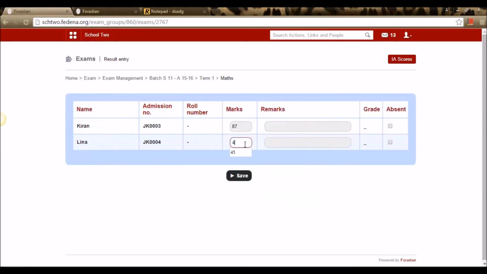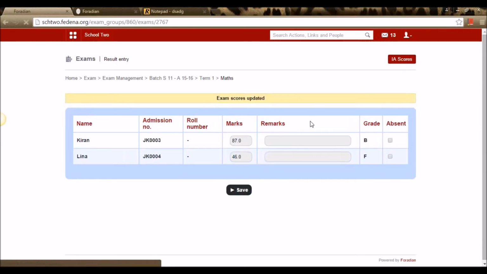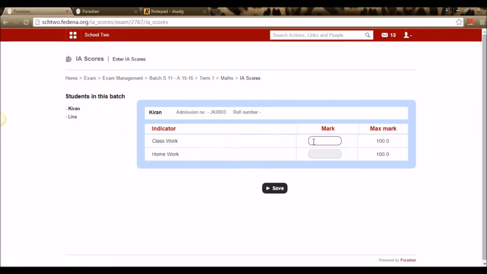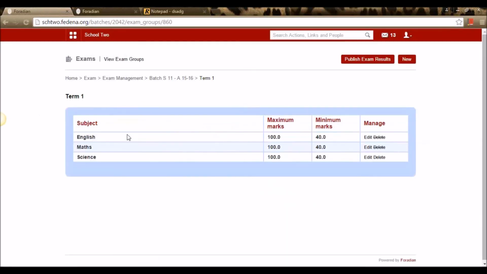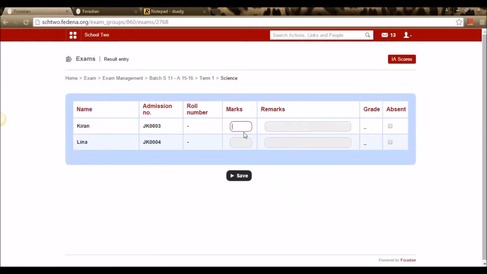Let me enter the scores for subject maths and save, and also enter the IA scores for the same subject. So once we finish entering scores here, we can view the report.